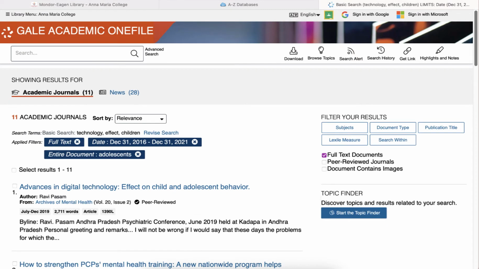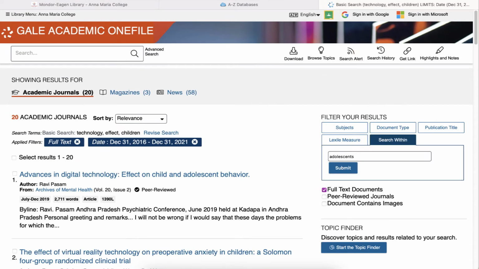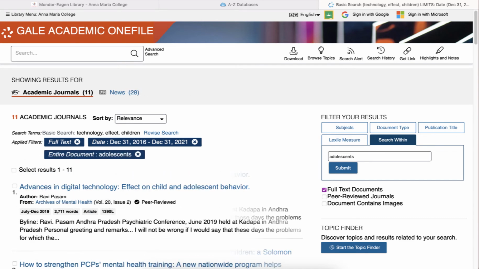Again, if the results are too narrow or if you can't find exactly what you want, you can hit the back button to return to your original list of results. Below the filter buttons, you'll also see a few options that appear beside checkboxes. Full text documents is automatically checked, however you can uncheck it to add abstract-only or citation-only articles to your search